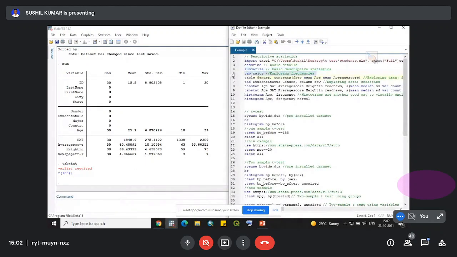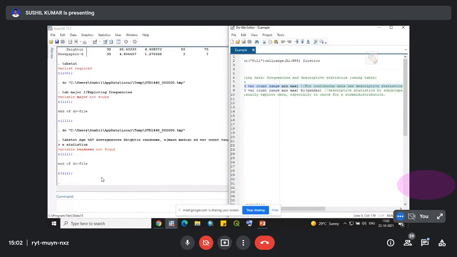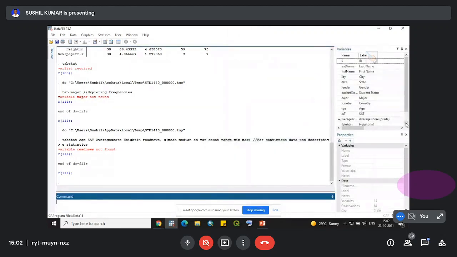First of all, I would like to see my one variable, that is measure. Sorry, the measure variable is not there. So the another command that I will use is tab stat. Now Stata is showing an error, that is variable read news is not found. When you minimize it and see the variable list, you will see there is no variable such as read news. There is another variable that is called newspaper. So I would like to change the name of that variable to read news.